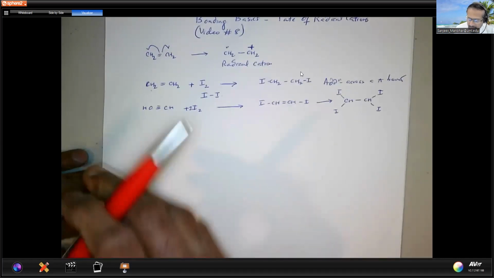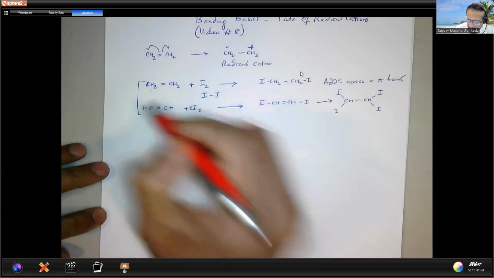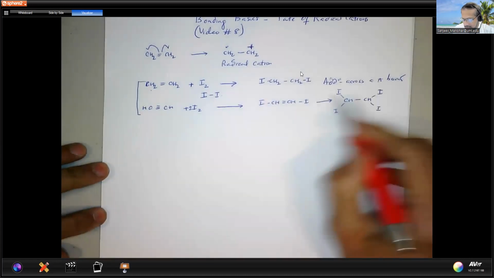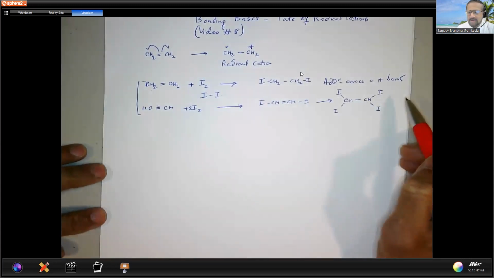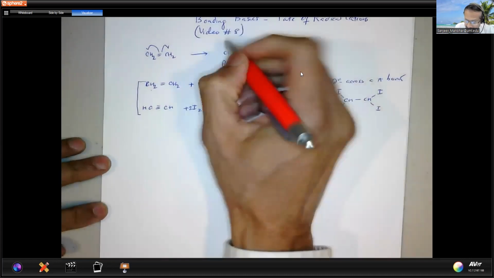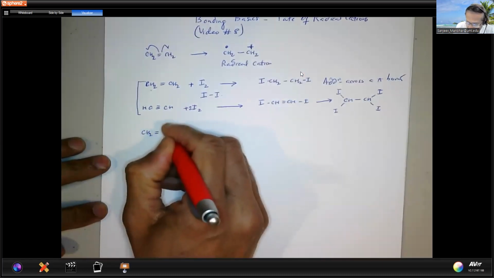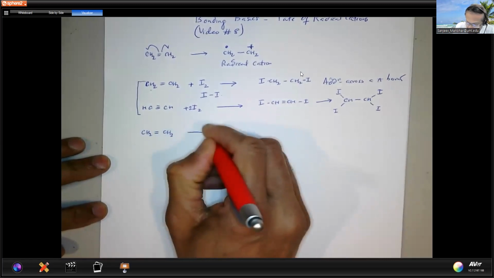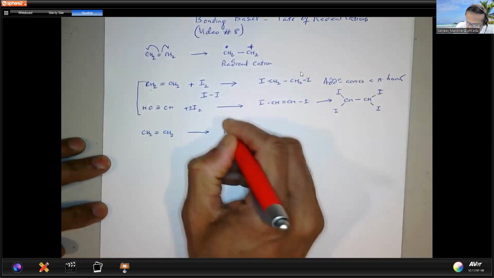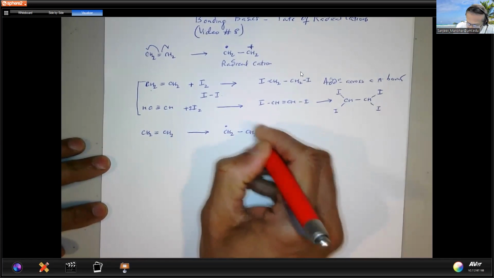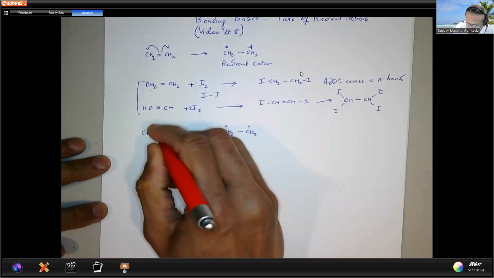Now the question is, from what we have learned in the previous video, how do you explain this, right? There is no explanation given in organic chemistry. Now we'll go into details here. So you start off with CH2 double bond CH2. Then you get CH2 dot, CH2 dot, right? This is the homolytic cleavage. If you can view it this way,